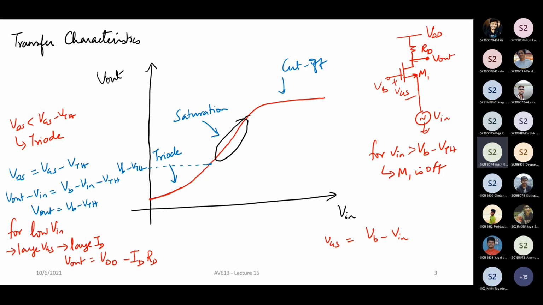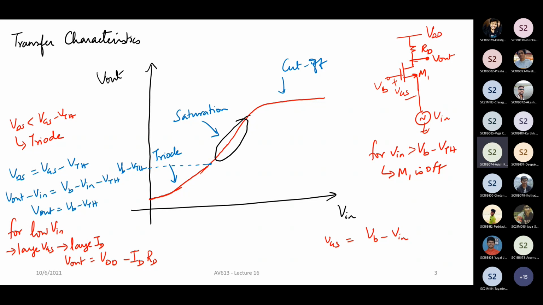Sir, in this triode region, the curve is somewhat like exponential. Is it like that? Correct. Sir, you said that in the deep triode region or the linear region, ID varies linearly. It is not a quadratic variation in that region. So won't it be linear at the initial points? So initially it will be like this and then it will go off like this. I've drawn a little approximate version.